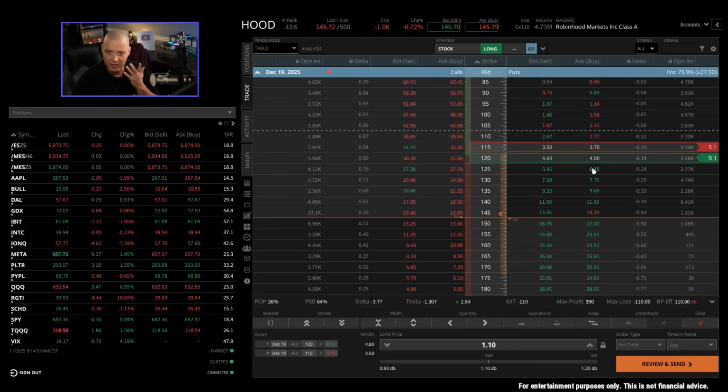A put debit spread, wait, that's a bearish trade. Yes, I'm going to do a put debit spread. I'm going to pay $1.10 for this put debit spread, meaning the possible win on the trade is $3.90, you know, should the stock come crashing back down. But what I'm going to do is I'm also going to sell an additional short put, turning this into a put ratio spread. Now I receive $250 credit on the total trade on a buying power reduction of $1,200,